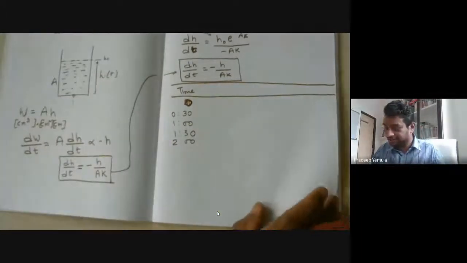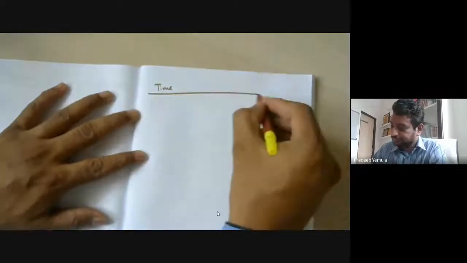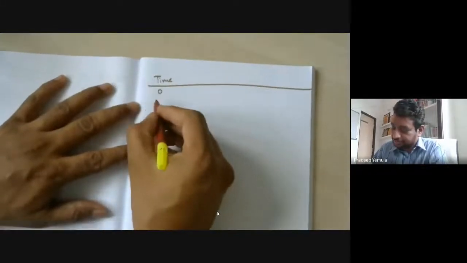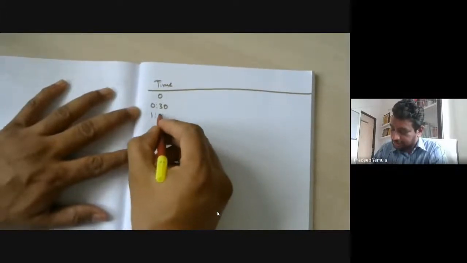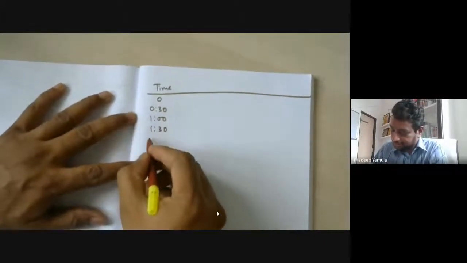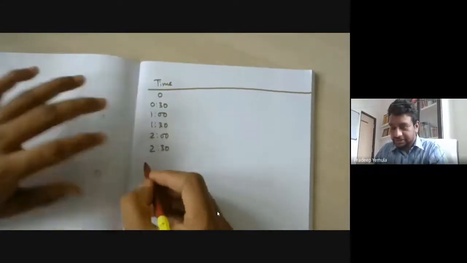In fact, I'm sorry, let me take a fresh page so that we can write it neatly. So I go with time 0, 30 seconds, 1 minute, 1:30, 2 minutes, 2:30. How much time do you think this bottle will take to empty?